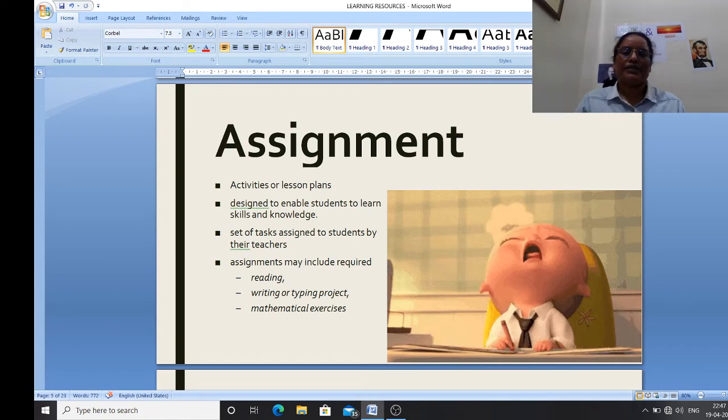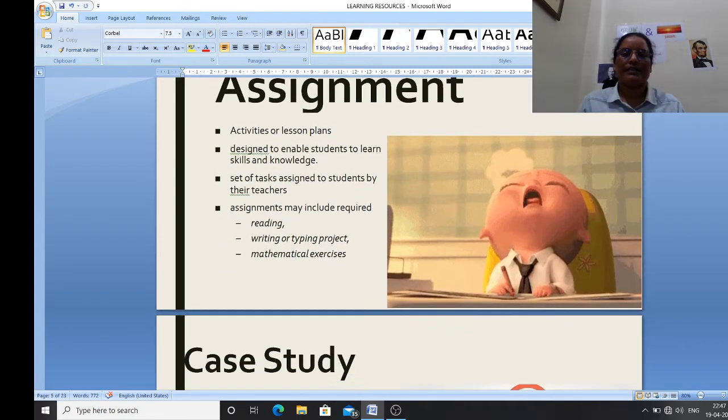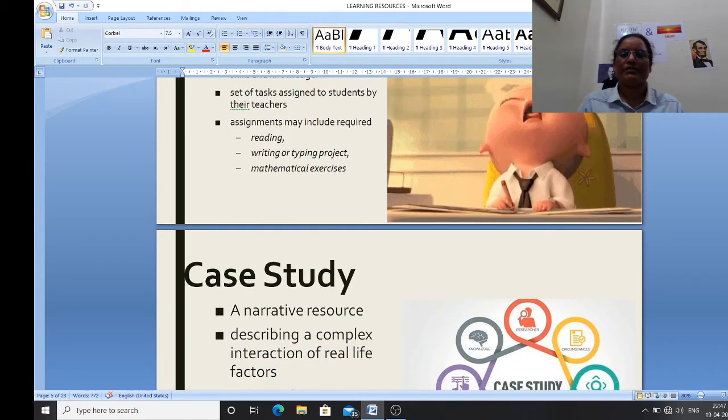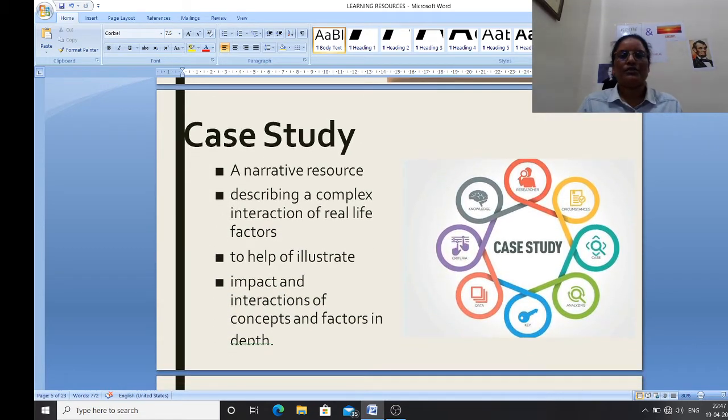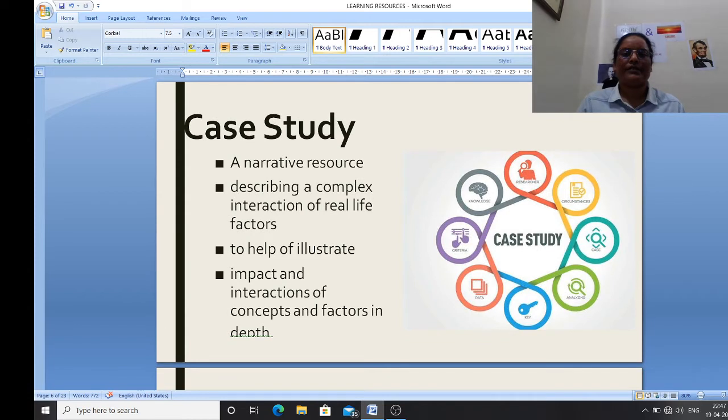Assignments may include required reading, writing or typing projects, or mathematical exercises, or things related to our profession, such as nursing study or case discussion. These kinds of assignments we have to give our students so that they can develop the skills to deal with the patient or teaching area.